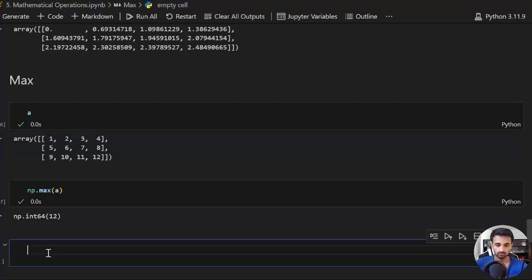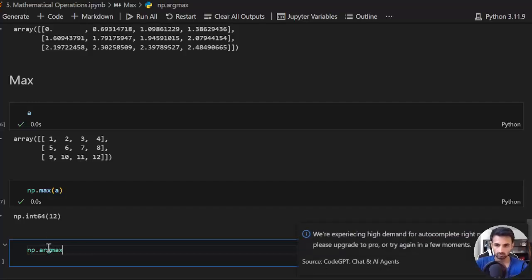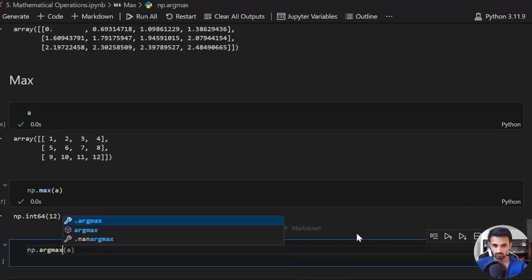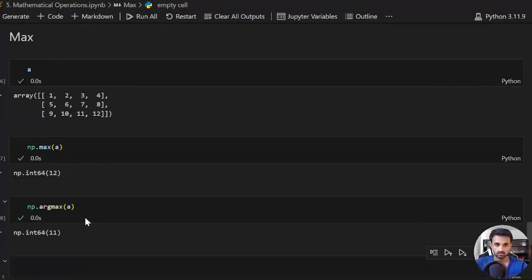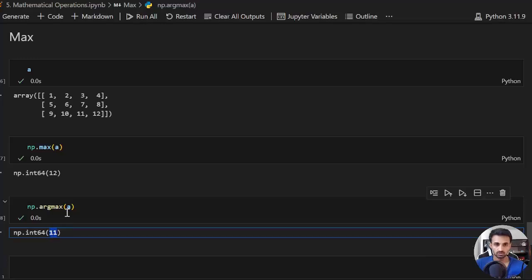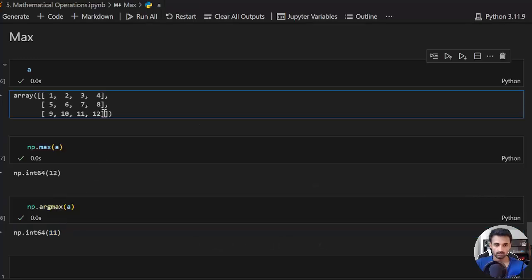So if I wanted to see the argmax, let me show you the importance of the argmax. So argmax basically tells us the index positions. So simply, as you can see that